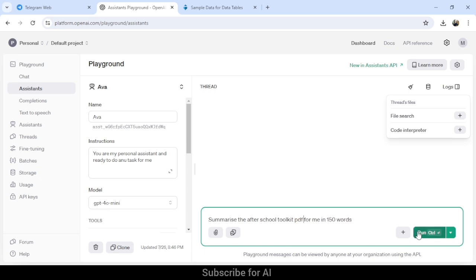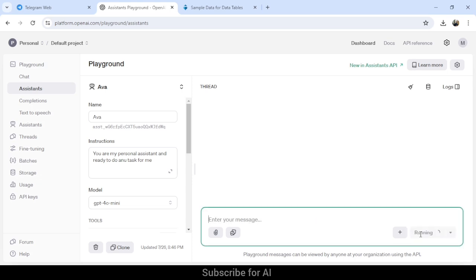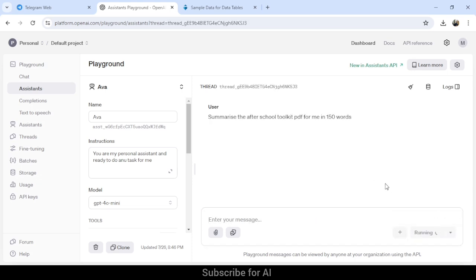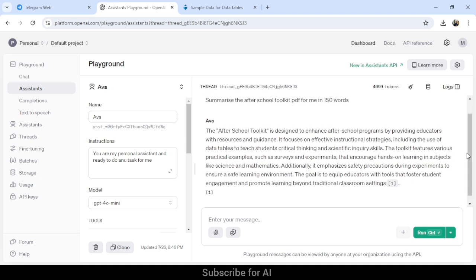Okay, toolkit PDF. Next we have to click on run, or we can also give it by control plus enter. Okay, it's running with a thread id, this thread running retrieval, and it's generating the text. This is the summary of after school toolkit PDF generated by GPT-4o mini model right in the OpenAI website,